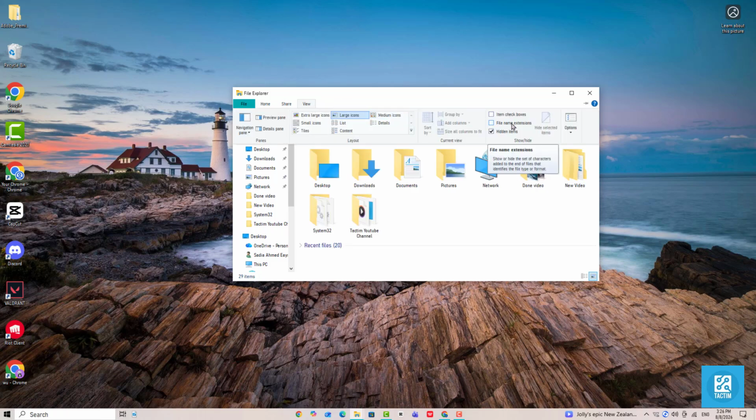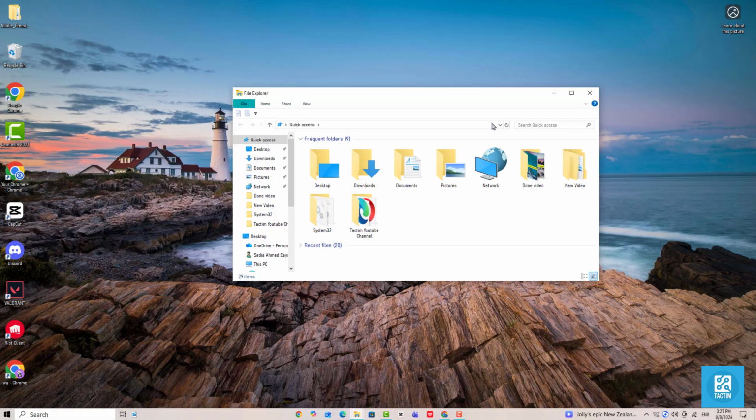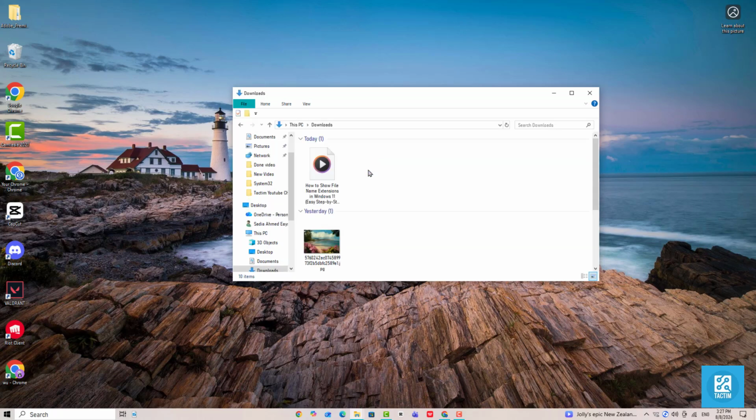Move your mouse down to the bottom of the drop-down menu and hover over Show. A sub-menu will appear on the right side. Click on File Name Extensions to put a check mark next to it. Instantly, you will see the exact file format like .pdf, .png, or .exe appear at the end of every file